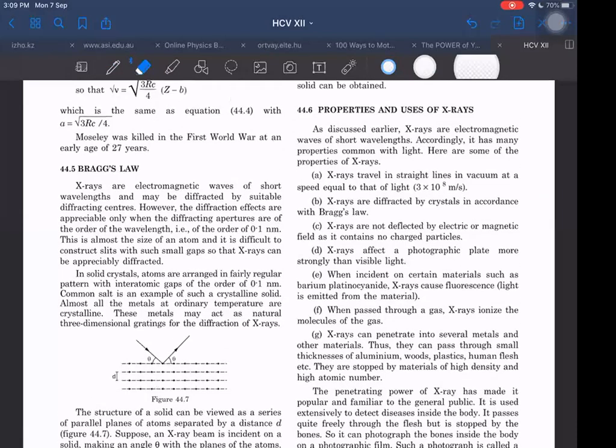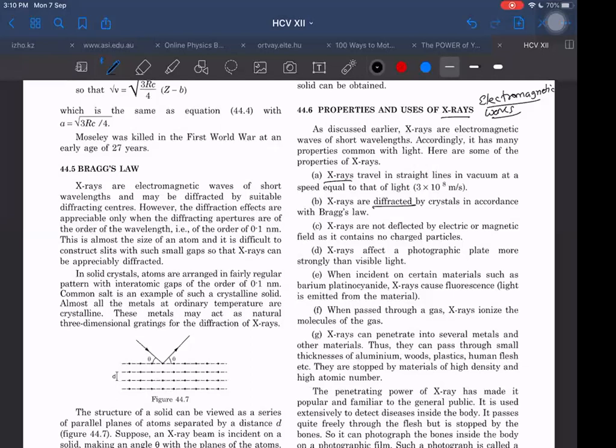But to discuss Moseley's law, I think I have to first cover the properties of X-rays. You learn the properties of X-rays today. First of all, keep in mind, X-rays and all these other rays are electromagnetic waves. Electromagnetic waves can be reflected back from mirrors. They may be refracted, diffraction may take place. So all these things will happen for X-rays also. These can be diffracted.